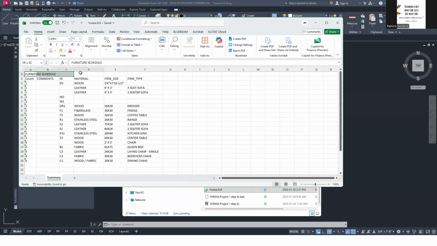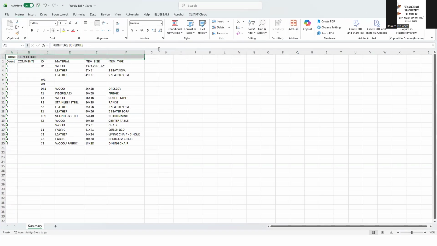Furniture schedule, highlight all the cells at the top and simply click on, let's see, combine, or I think there's one option here. Here, okay? Merge and center. Merge and center, okay?